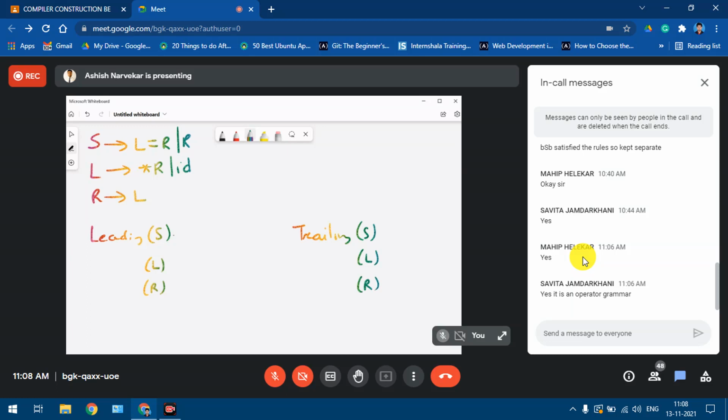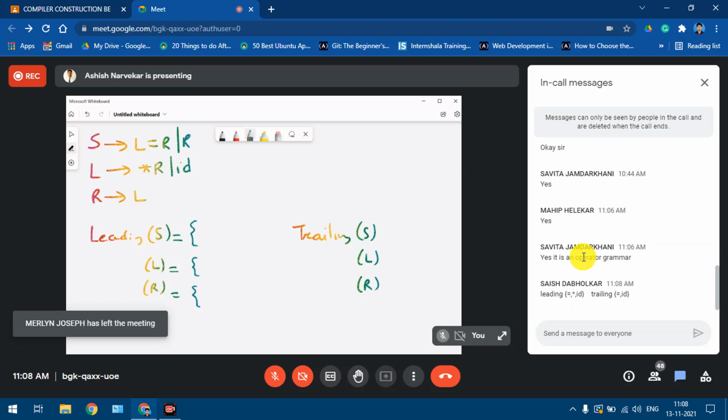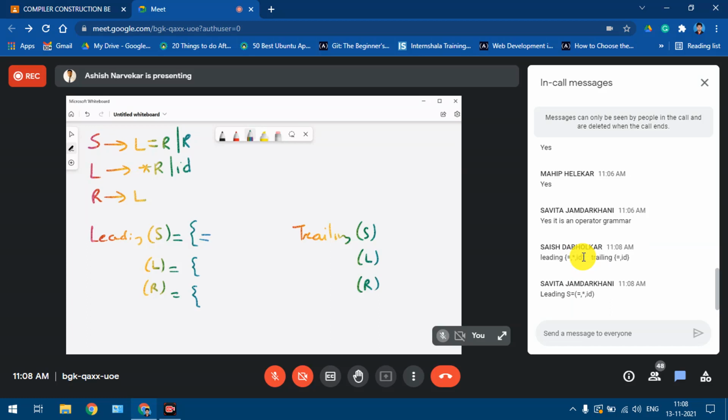So we want to find the leading of S, L, and R. If I find the leading of S, as per the first production, leading of S will be equal to leading of R. If we go to R, we can see again R derives L. So it shows that leading of R will be again leading of L. So we have to find the leading of L first.